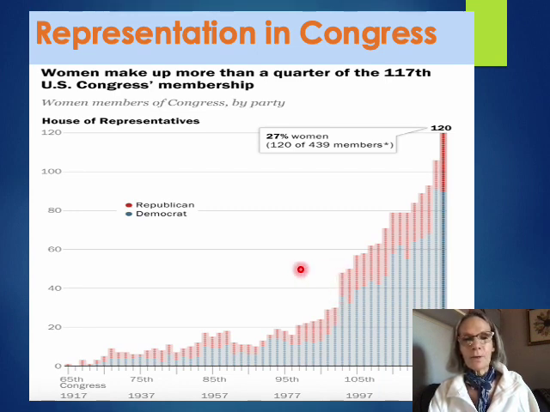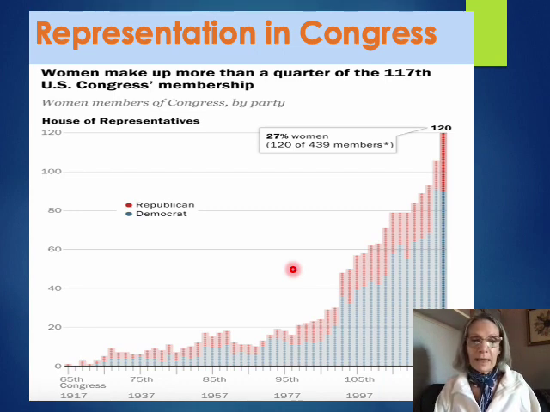What happened that year? Well, what happened was the confirmation of Clarence Thomas in 1991, and the Clarence Thomas hearings. That was a hearing where Anita Hill accused Clarence Thomas of sexual harassment, and it became a very big issue in the United States. What was interesting is that there were no women on the Senate Judiciary Committee, the committee that is in charge of recommending to the broader Senate whether that individual should be confirmed to be a Supreme Court justice.